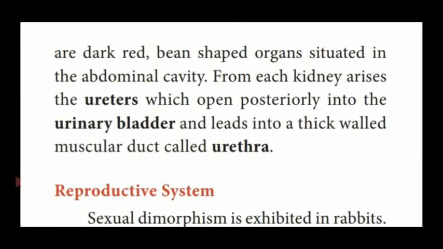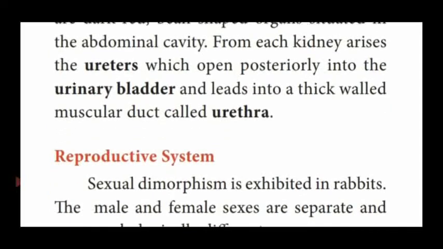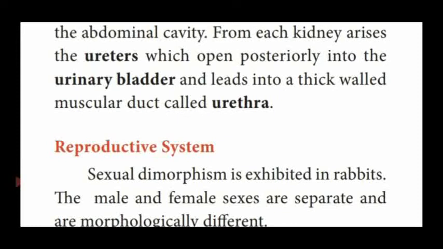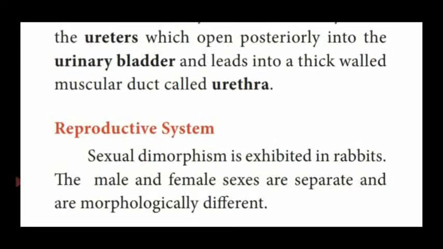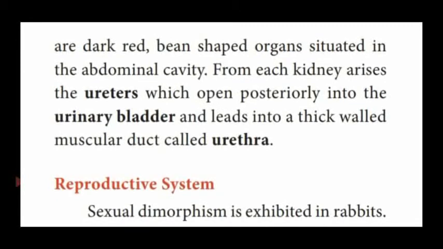The nephron absorbs the nitrogenous waste from the different parts of the body from the blood, and it is stored in the kidney region. Then it passes through the pair of ureters and is stored in the urinary bladder. The urinary bladder has muscles showing contraction and relaxation. So the urinary bladder leads into the urethra. Once the bladder is full, it releases the urine outside with the help of the urethra. That is the excretory system of rabbit.